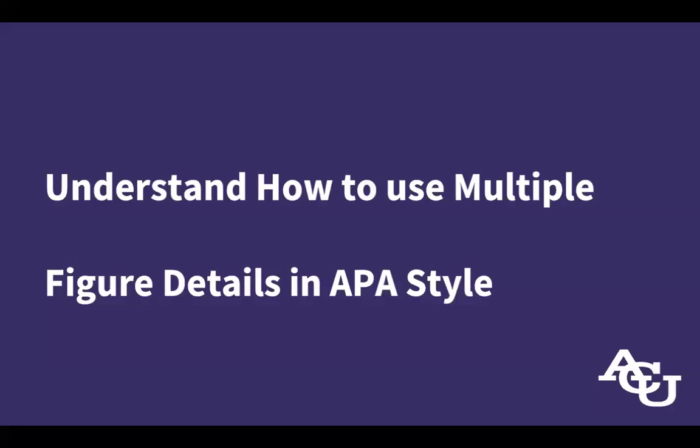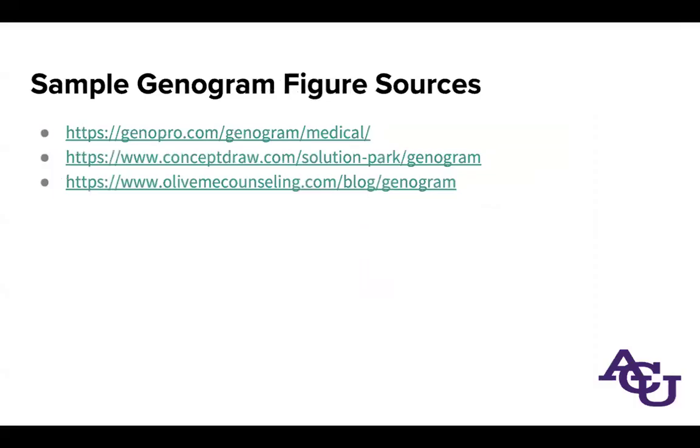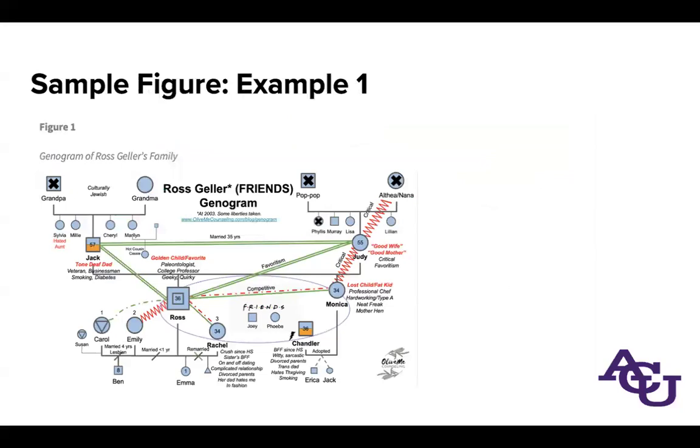Now, how to use multiple figures and multiple figure details in APA style, that's going to be the next part of our discussion here. So I've included a couple links to images that you can consider later, but we're going to be starting with this genogram from All of Me Counseling, where they did a slightly simplified version. Actually, I say slightly simplified. There's a whole lot more data in here that's not captured here. This is a generalized relationship diagram, and you'll note that there are some people that are left out to highlight